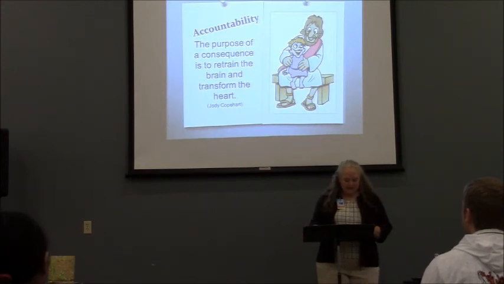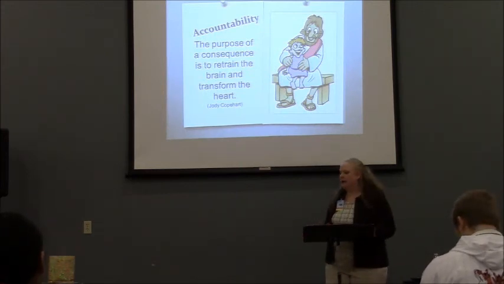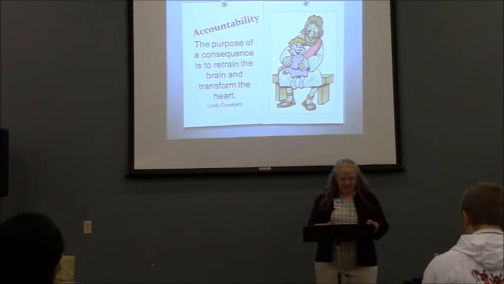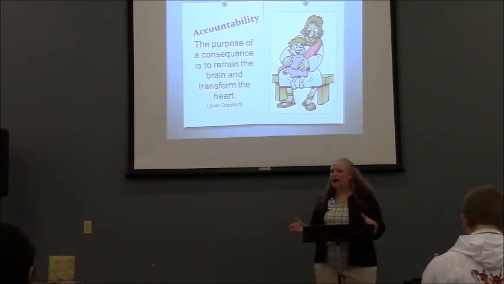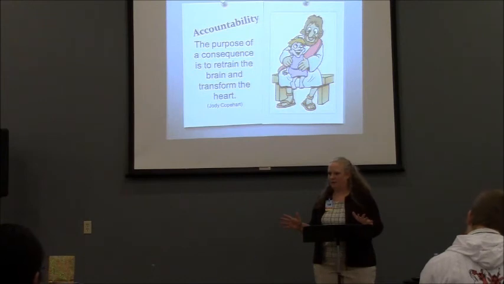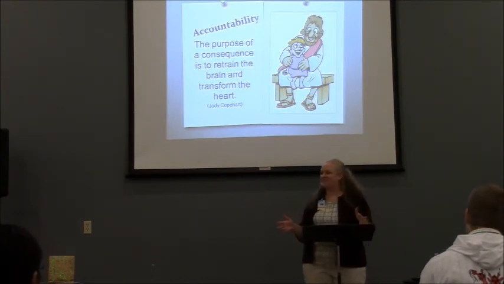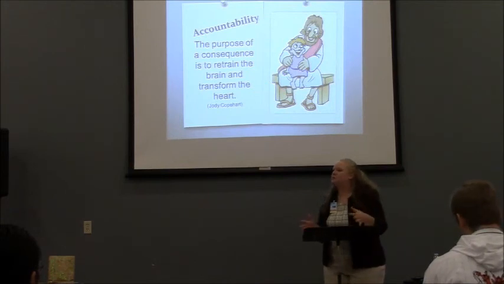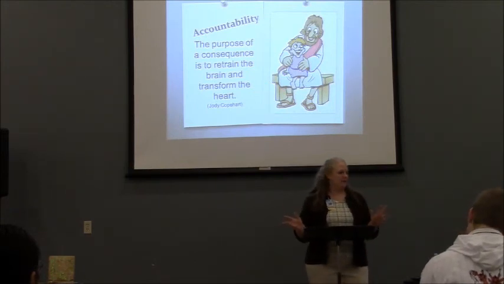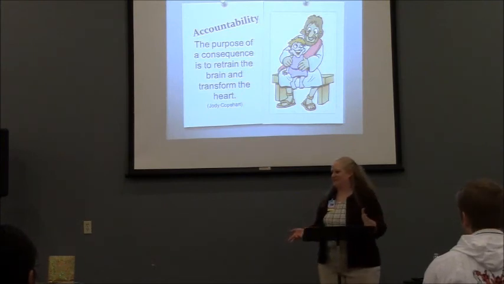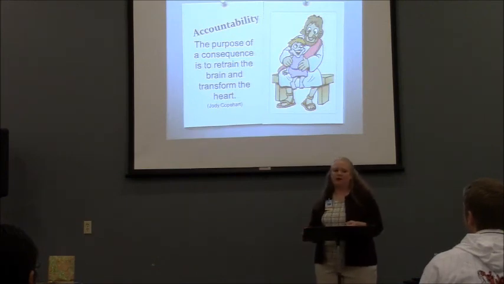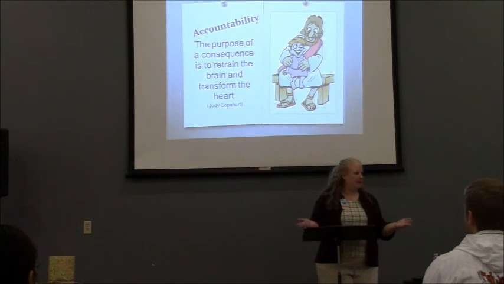But make sure that they're reasonable consequences. Kids will quickly pick up on anything that is unfair, on actions that they consider unfair. A reasonable consequence, by its very definition, can't be considered unfair. They might not like it, but they can't say that it's unfair. So for example, during snack time, a child spills their juice. An unreasonable consequence would be saying, oh, you spilled your juice, you're not allowed to have a snack for a month. That is unreasonable. A reasonable consequence would be, oh, I see you spilled your juice. Let me help you get a rag so you can clean it up. That's reasonable. You spill it, you clean it up.